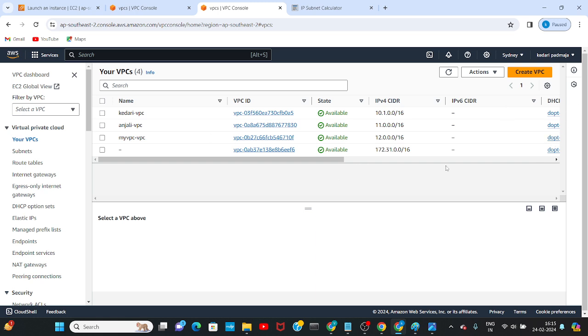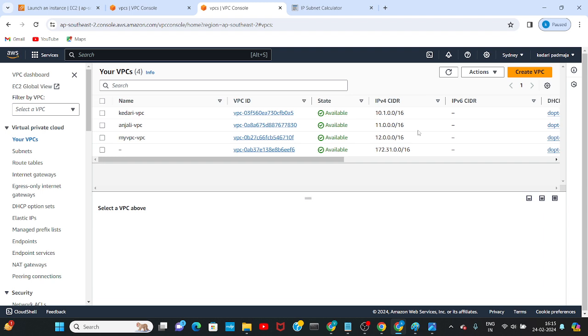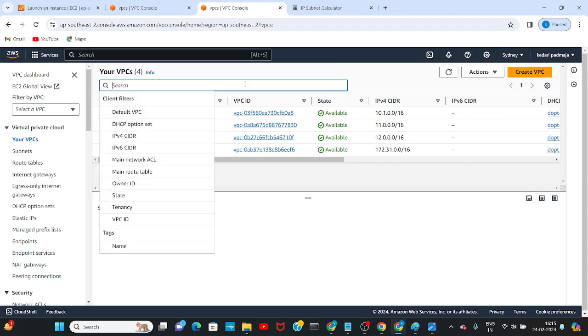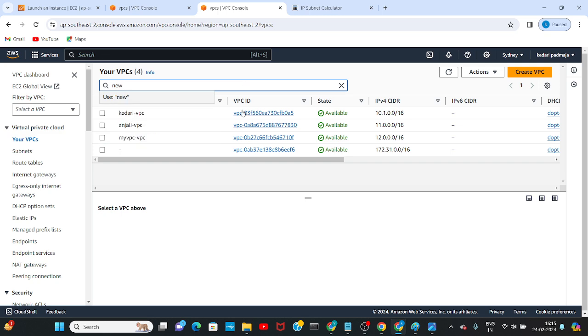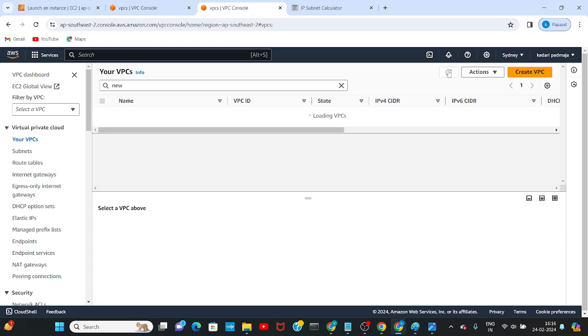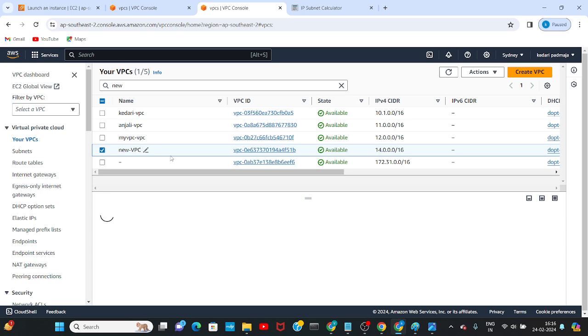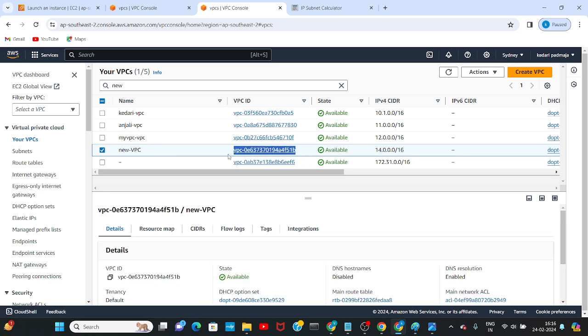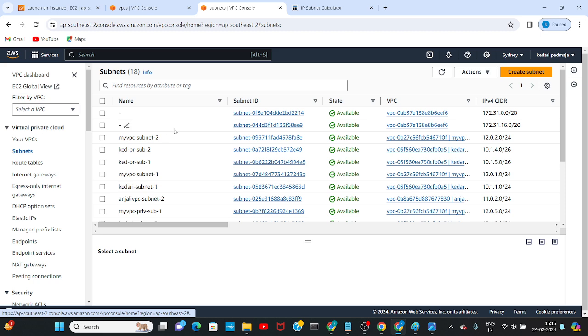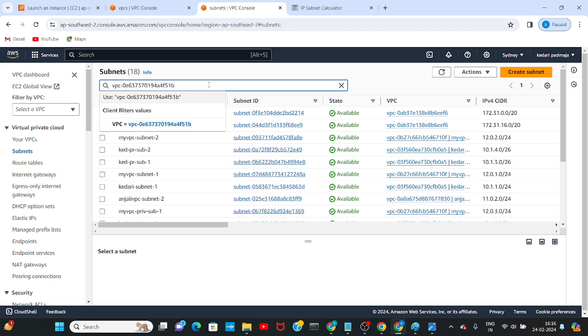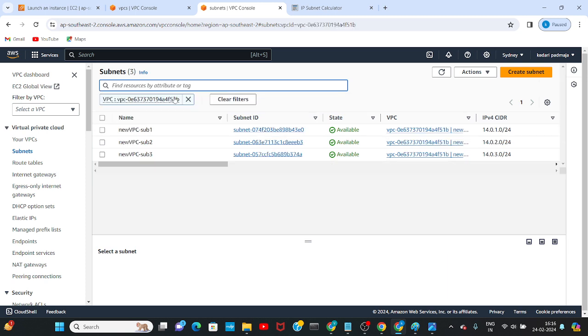Where is my new VPC? See, this is my new VPC. I'm selecting my VPC ID and coming to subnets. I'm pasting my VPC ID. Then the subnets under this VPC will be displayed like this. Now my next task is